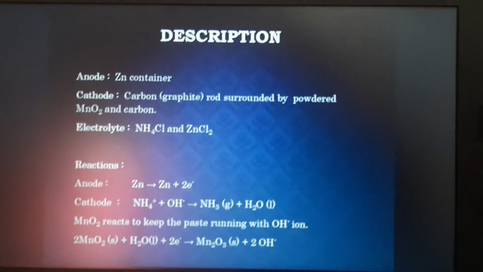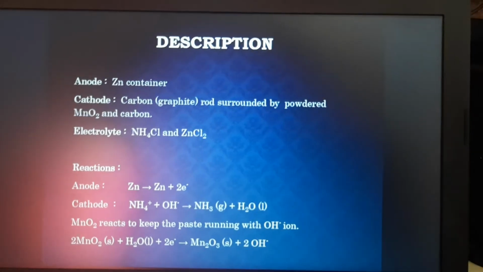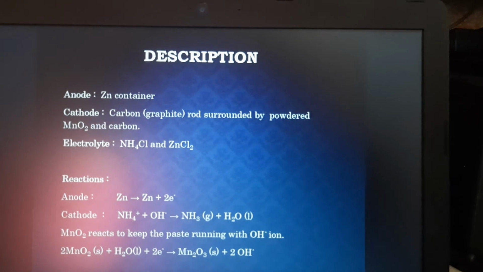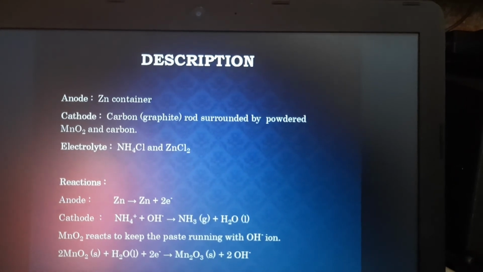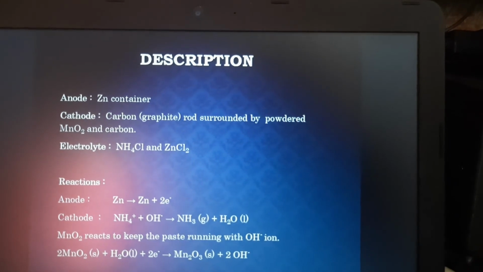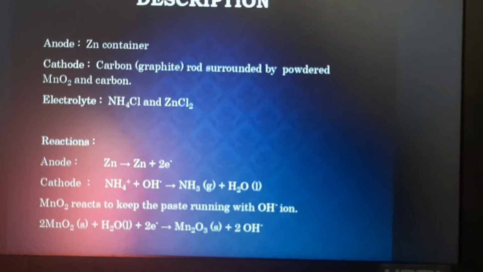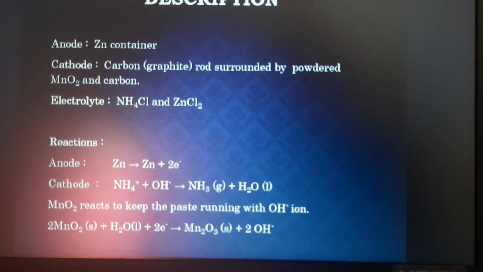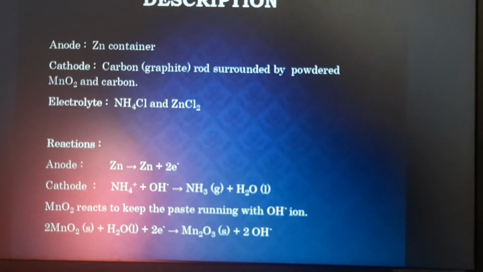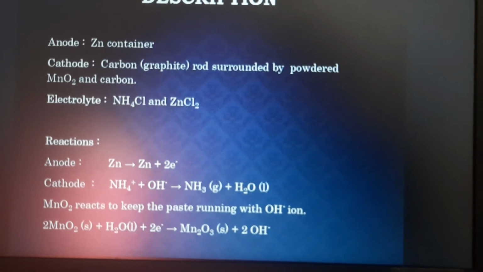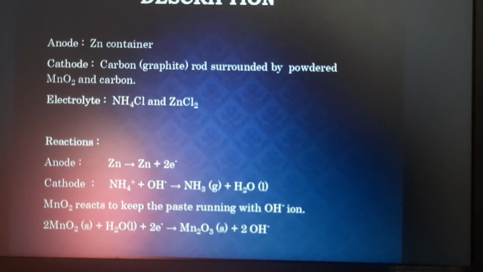So let's look at the description. Anode is zinc container, cathode is carbon graphite rod surrounded by powdered manganese dioxide and carbon, and electrolyte is ammonium chloride and zinc chloride. So these are the reactions of anode half cell and cathode half cell. Anode, this will produce zinc ions, and it will release 2 electrons, and cathode, it will